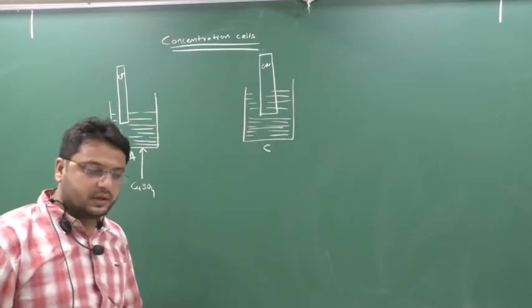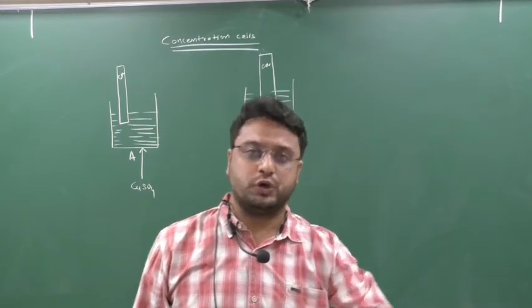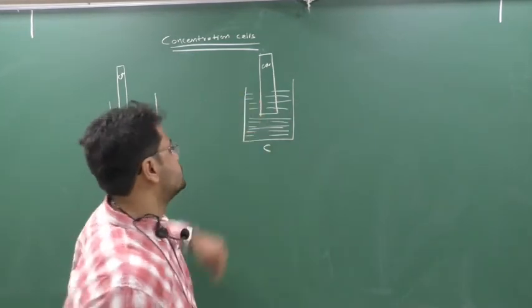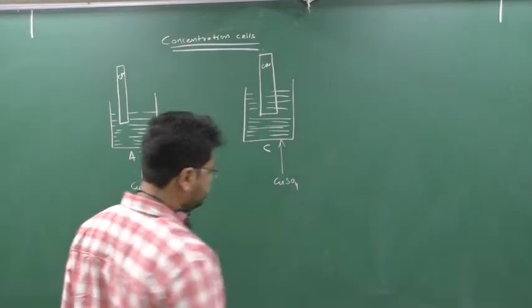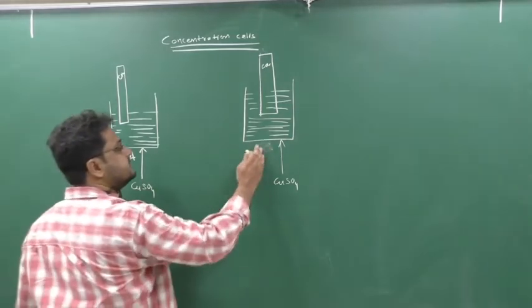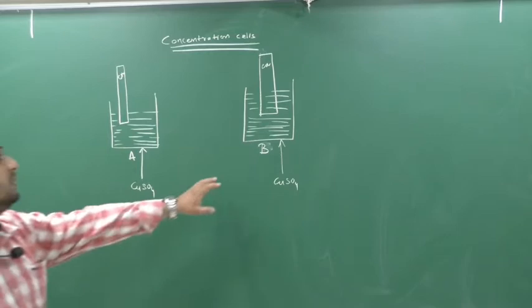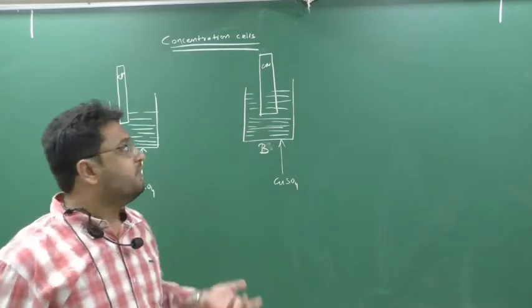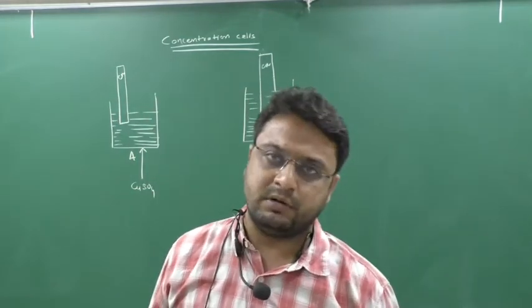Because we know what we mean by half cell. The half cell means the cell in which the electrode is dipped in its own salt solution. So, here also I am taking copper sulphate only. Now you can see, in beaker A I have taken copper and copper sulphate, in beaker B also copper and copper sulphate, and when I join them, the electric current will pass. You would be thinking how it is possible, but it is possible.